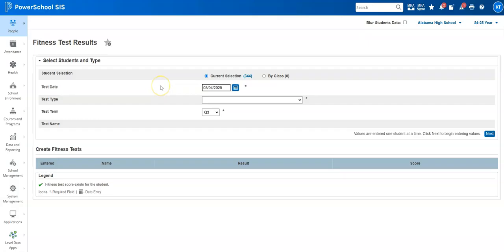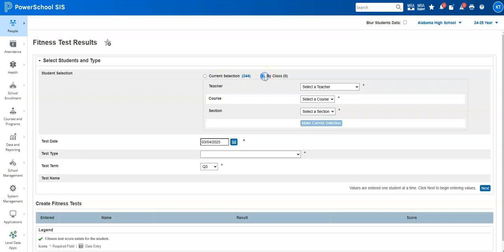My fitness test results screen is going to load. The first thing I have is my selected students and the type of test. So I can go with my current selection here, or I can do by class. If I wanted to select a certain teacher,